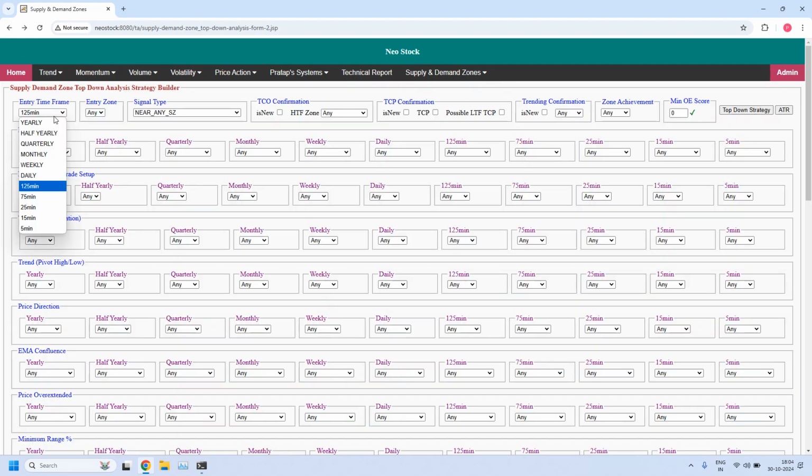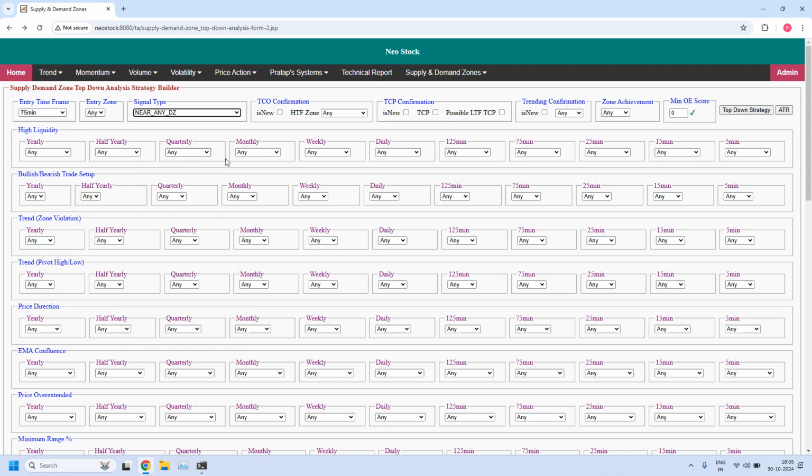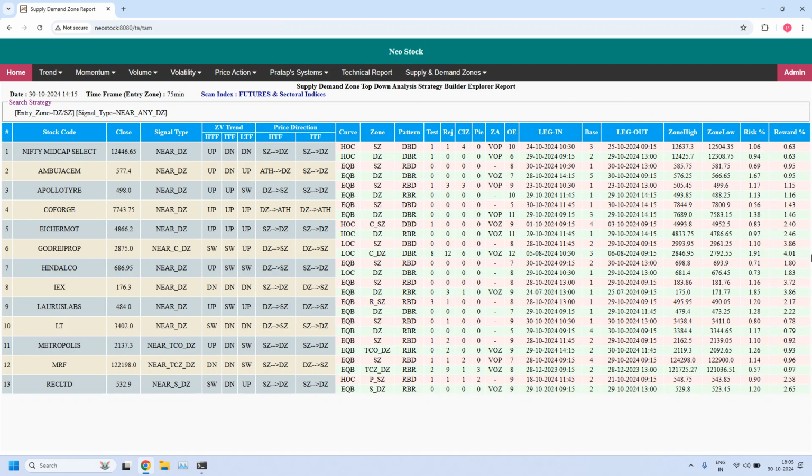Next time frame is 75 minutes. Entry time frame 75 minutes. Let us find the stocks near 75 minutes demand zone. 13 stocks are filtered. Let's identify high liquidity demand zones, if any. We have Godrej Properties is having a high liquidity